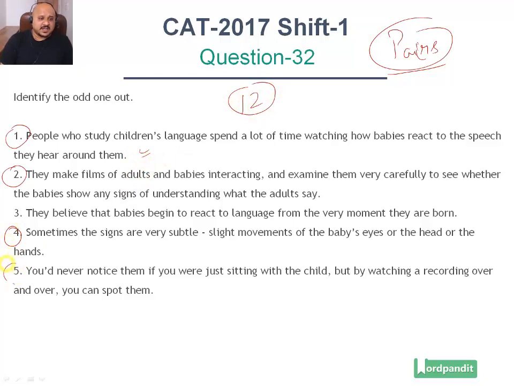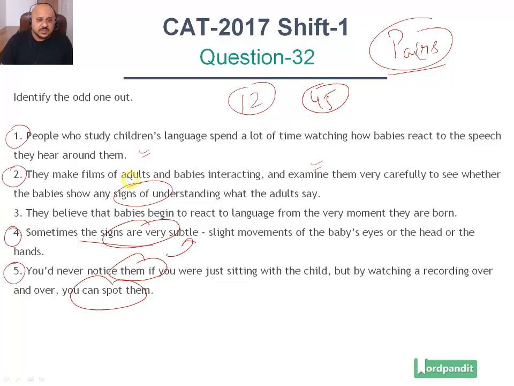The second set of connected statements is 4 and 5. So these guys are looking at signs, right? Signs of understanding. Sometimes the signs are very subtle, slight movements of the baby's eyes or head or the hands. You'd never notice them if you were just sitting with the child, but by watching a recording over and over again, you can spot them. So the signs are very subtle. You will never notice them. What would you not notice? The subtle signs. So 4, 5 is the next set of statements,